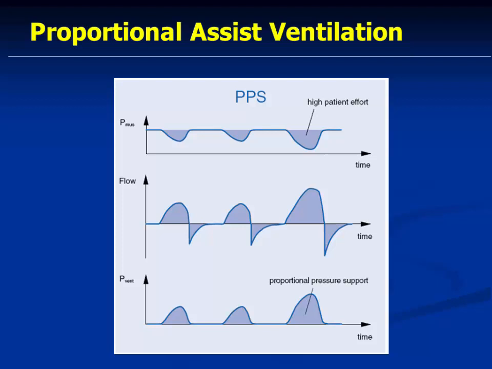I'll show you how. This is the pressure support, proportional assist or partial pressure support ventilation. With high patient effort, you can see the negative deflection in the pressure. This is the pressure of muscles. This is the flow. The moment the patient demand is high, the flow is increased. And this is the proportional pressure support. This is the ventilator pressure. And this is the gastric pressure.